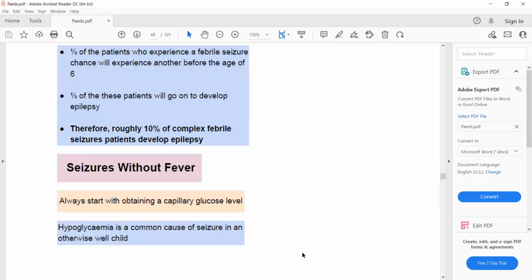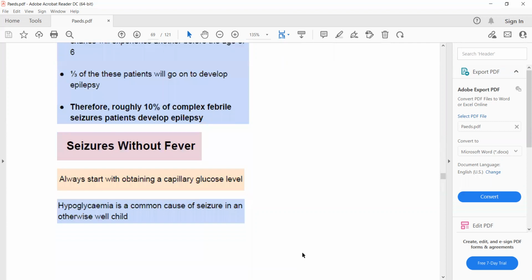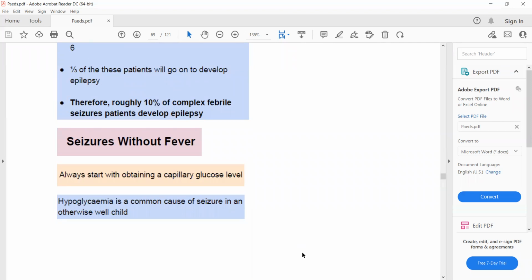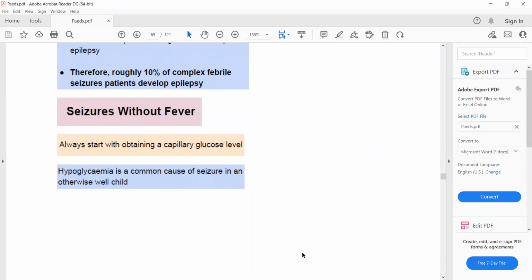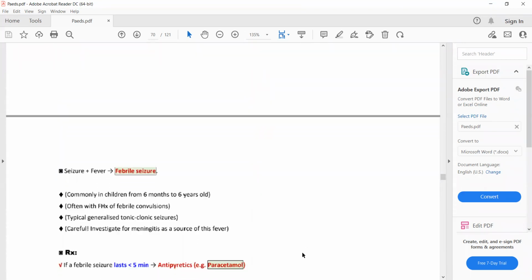So you can answer these two questions this way. Now, what are the causes of seizure without fever? The first and the most important cause is hypoglycemia. So always start with obtaining a blood glucose level. Hypoglycemia is the most common cause of seizure in